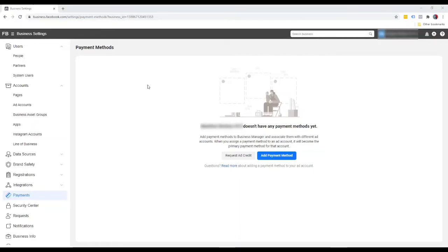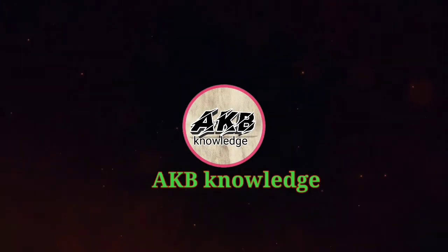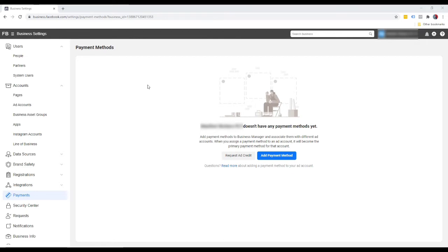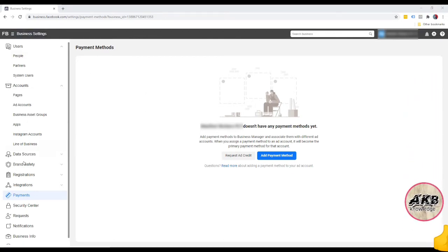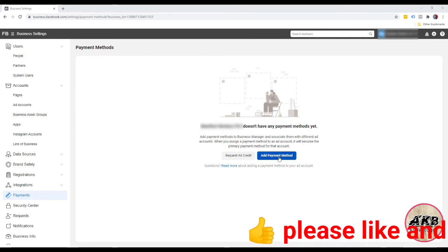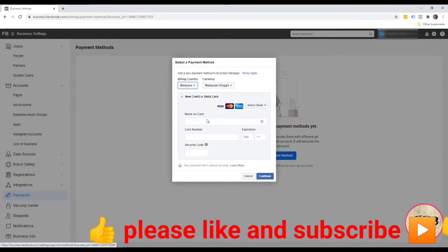After creating your business manager account and your ad account, the next step is to add a payment method. To do just that, in the business settings, you will scroll down to payments and you'll arrive at a page like this. And you're going to click on add payment method, and this is where you will add in your credit or